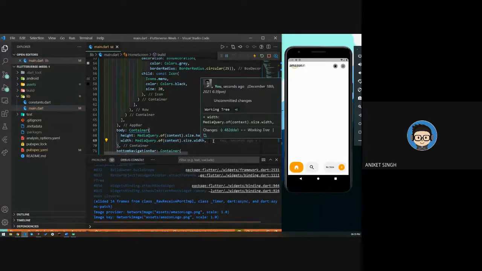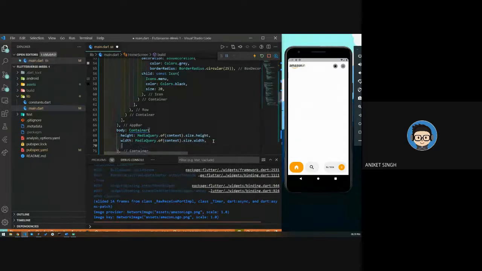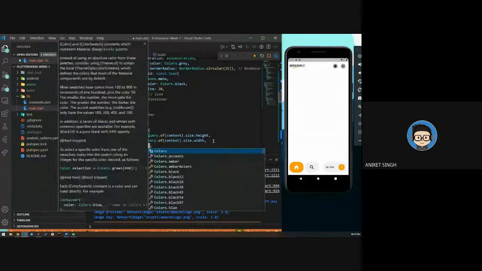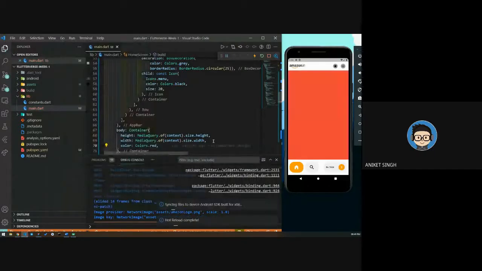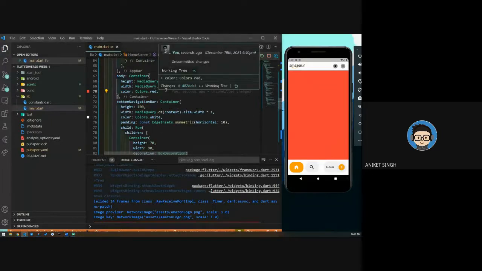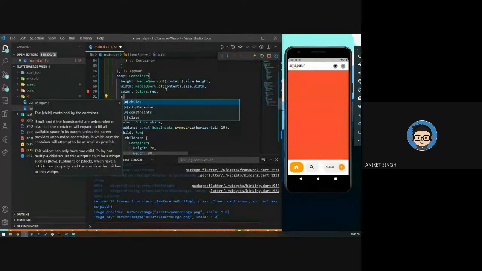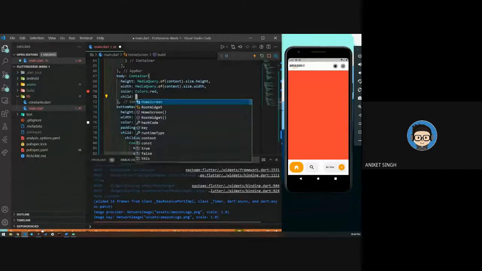It is not visible because the background color is white. Now I'll change it to Colors.red. Now when I refresh it, you can see that the space which is remaining is red now. Okay. So now what we'll do is they all are going to have a child, and now you can see that